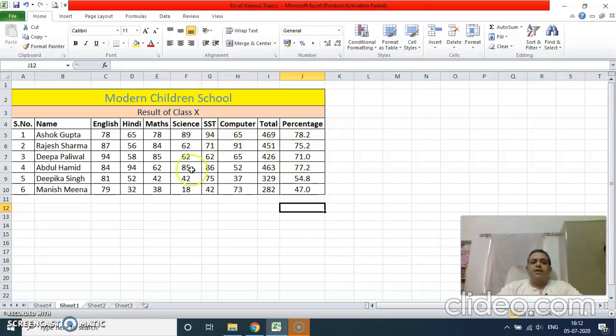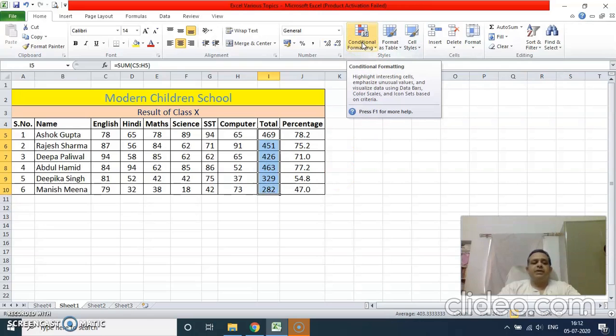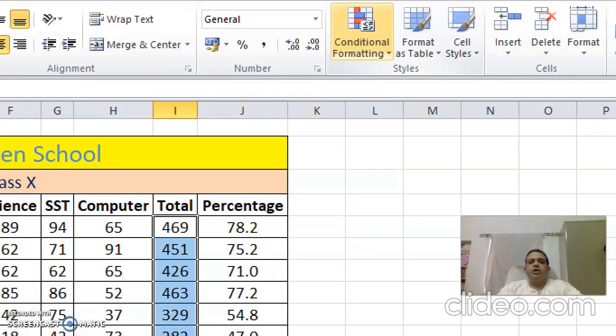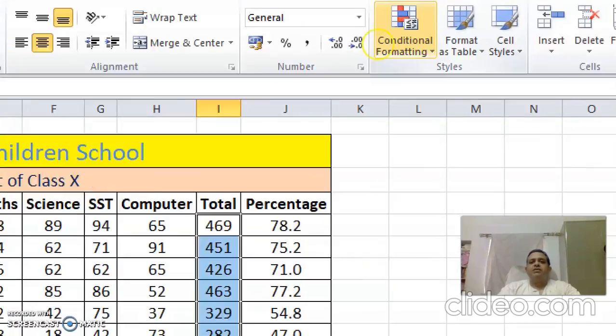How to do that? You select this field, suppose I am selecting these cells, and I apply conditional formatting. This is the conditional formatting button here, as you can see on your home tab itself.